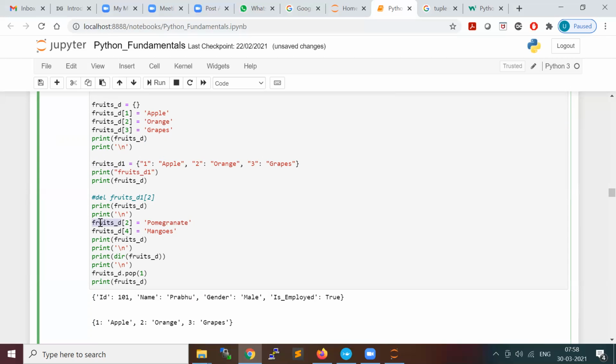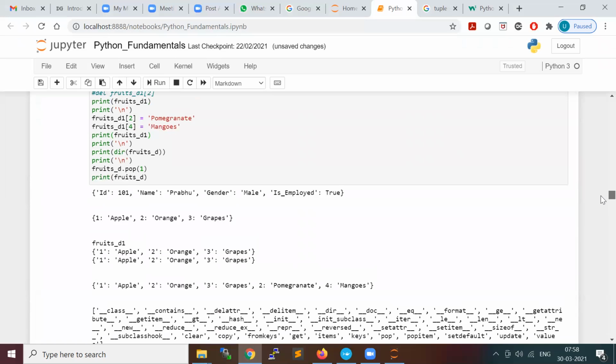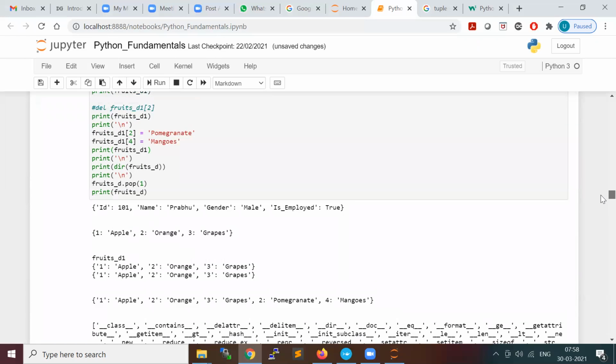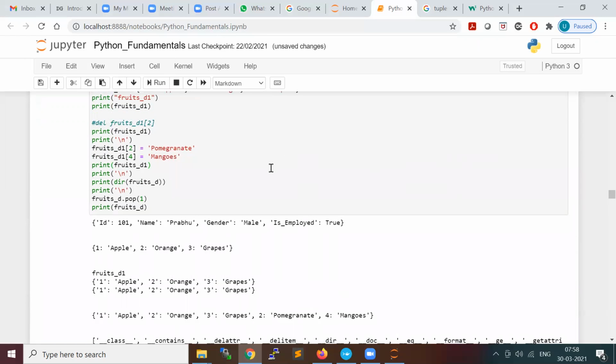So if I try to put the second as a key and pomegranate as the value,